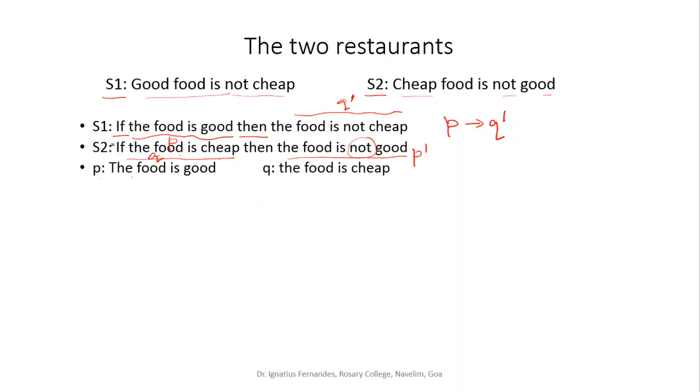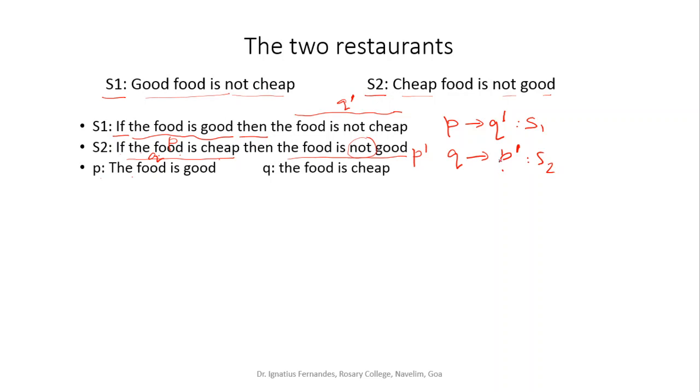So if I have to write down this statement S2 in the notation form, I will say if Q then P bar. So it is Q and if P then if Q then P bar, Q implies P bar. So what I did is, these two statements that we are trying to verify whether they mean the same thing or not, we have put them into a notation form. So finally I have S1 as this and S2 as this.